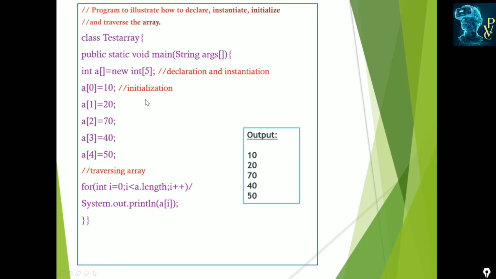Okay, here we know there are 5 elements. So what is the 5? 5 is the size of the array. So that can be calculated by the length of the array. So for i is equal to 0 and the array name is a. So a dot length, up to a dot length, we can move and display the a of i position. a of 0, a of 1, a of 2, a of 3, a of 4. These can be printed like this.